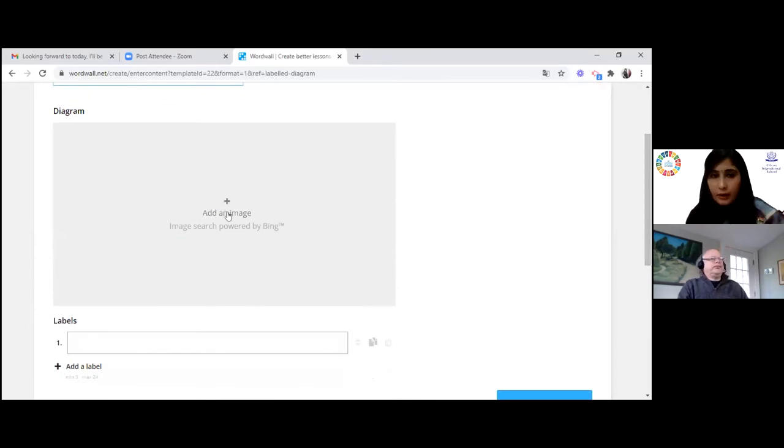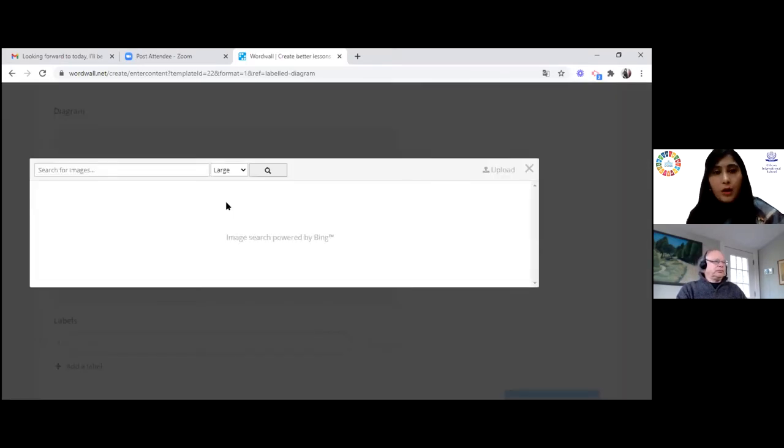I have used this for map work. This is where the child will drop the pin where you want them to label. So now I'm taking the digestive system. I'll select one picture.